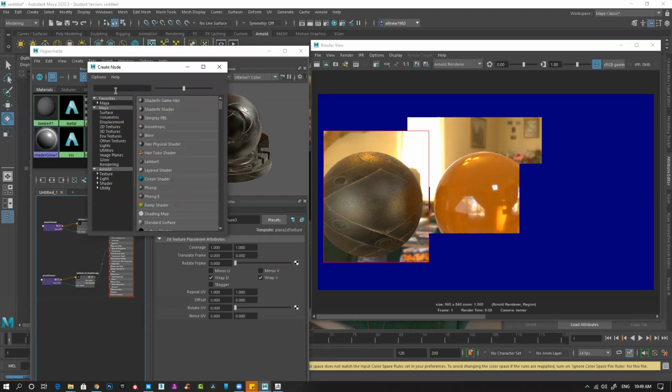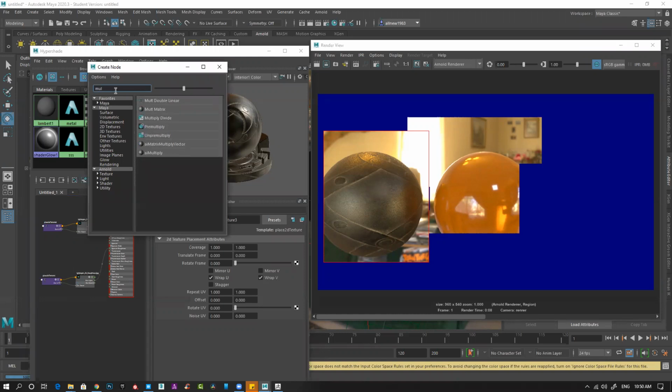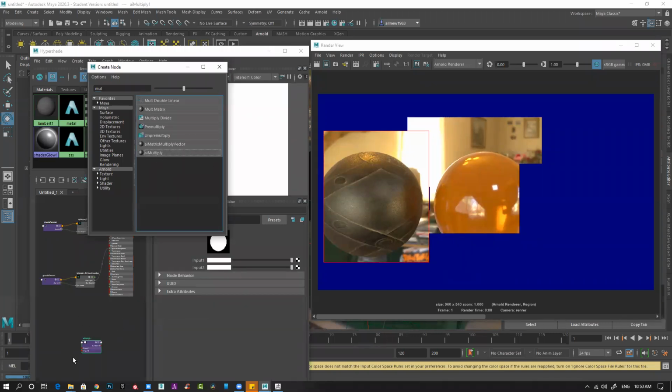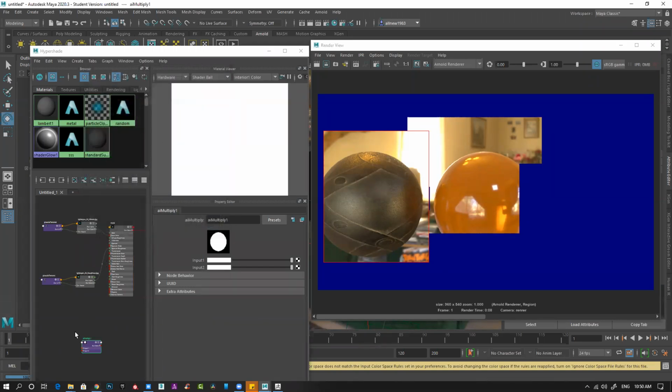This create node thing, I was searching for this. I want to multiply ambient occlusion with this, so I will search for multiply under create node. There was a tab, I just switched it off, closed it. If you search, you can see you have multiply, divide, and all these options. You have AI multiply also. If you want, you can just click it and it will generate a node, similar to Unreal. It's node based.